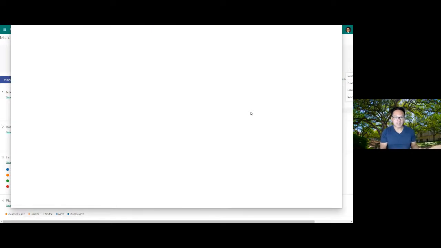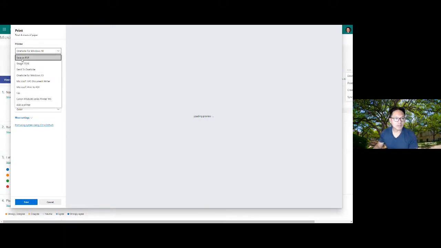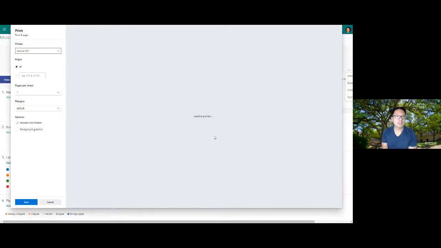It depends how you have your PC set up, if you've got it to where it can immediately print to a PDF, or I tend to send my summaries to OneNote, so I've got a running list of all of the output in OneNote. But again, if you have save as PDF, you can certainly do that, or you could print to Microsoft Print to PDF, or I can obviously print it to a printer. But if I do that, save to PDF, you notice what it's going to do is it's going to look